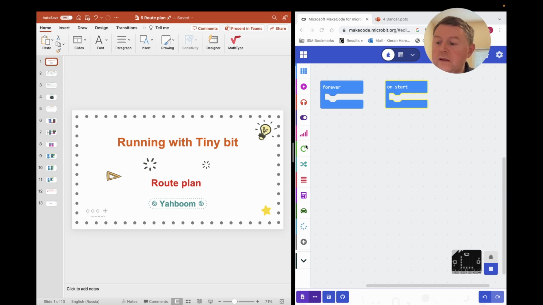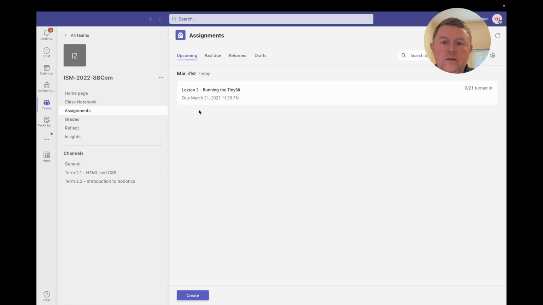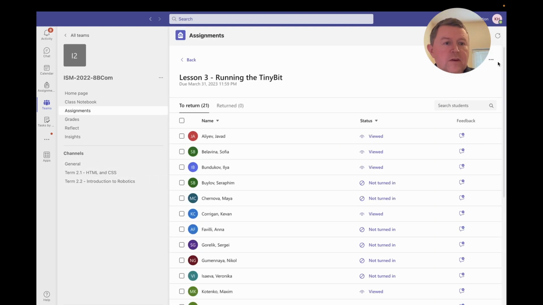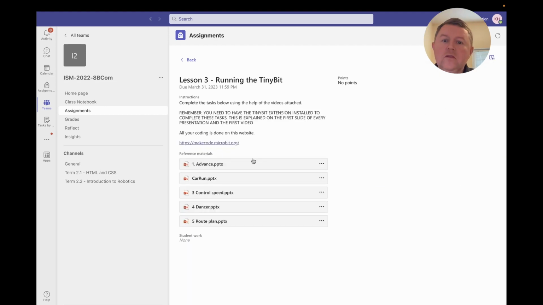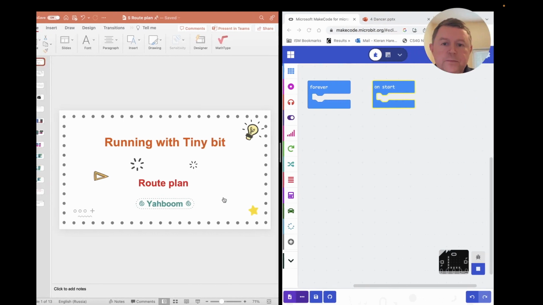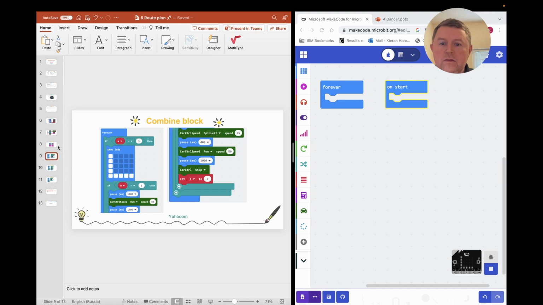So this is in number 5. It's under here. Let's see where it is on Teams. It's on here. So view assignment number 5. It should be student view route plan. That's it there. Okay. So I've just got it opened here, and I'm going to skip down to these blocks